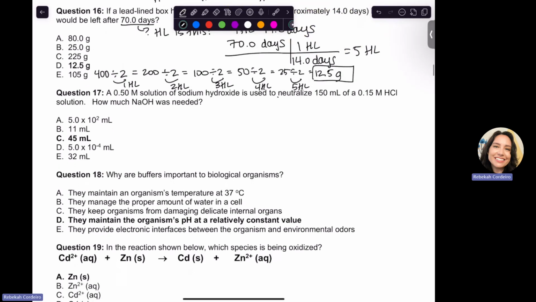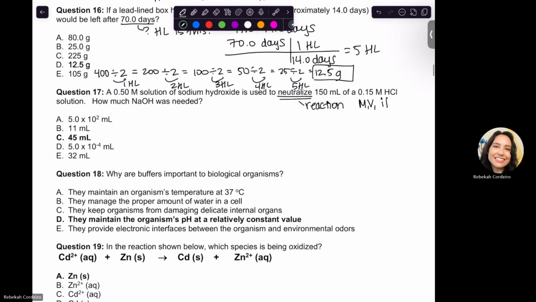All right, so if we're neutralizing, we need to write a chemical reaction. We can't use M1V1 off the top of our heads because M1V1 is for dilution problems, and this is a neutralization, so that means we have a chemical reaction. Now, we can use M1V1 if it's a 1-to-1 mole ratio. So that might be something that we want to check for first to see if we need to do a whole bunch of math. So sodium hydroxide is NaOH,